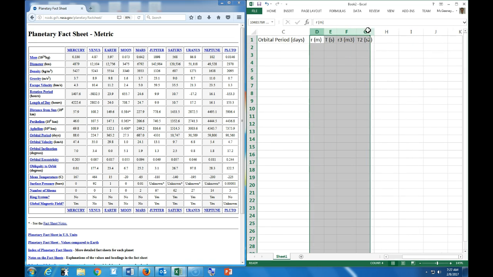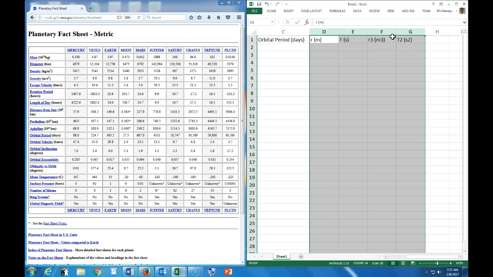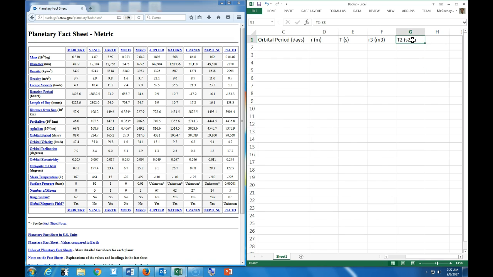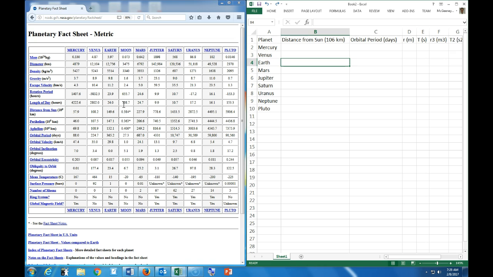Then I'm going to click D through G, and I want to make these a little bigger because there's values that are going to be in there, so I'm just going to increase the width of one of them, and now they all are arranged to the same size. Okay. Before I start copying my data from NASA into this spreadsheet, first I want to fix the superscripts and